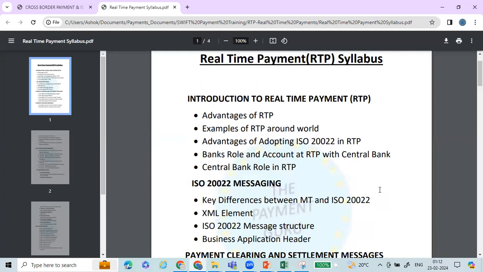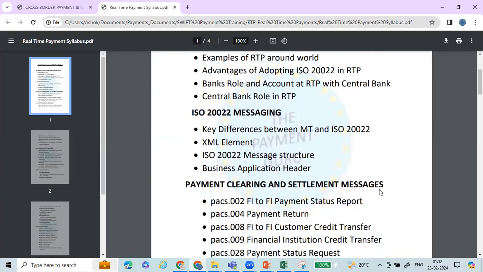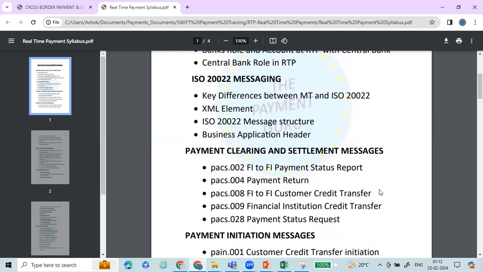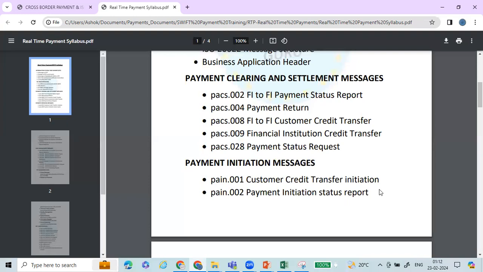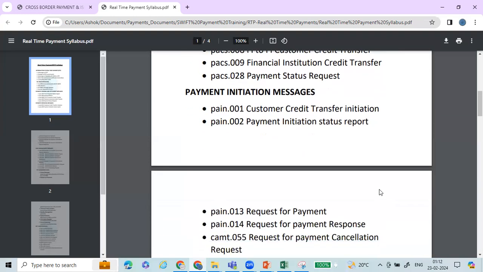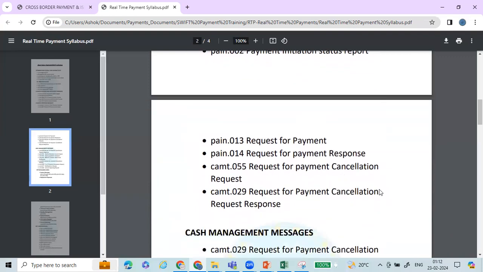So we would start with the introduction of the real-time payment system, advantage of real-time payment, examples of real-time payment around the world, advantage of adopting ISO 20022 real-time payments, bank's role and account at real-time payments with the central bank role in RTP. ISO 20022 messaging, payment clearing and settlement messages, which includes pacs.002, 4, 8, 9, 28, payment initiation messages, pain.001, 2, pain.013, pain.014, cash management 055,